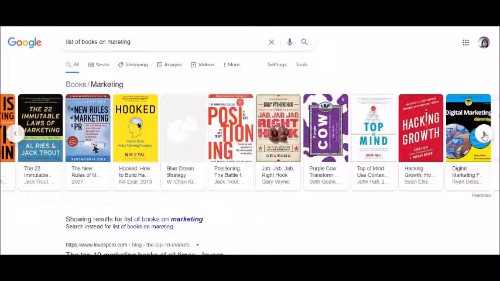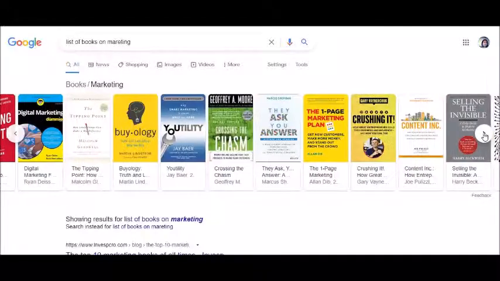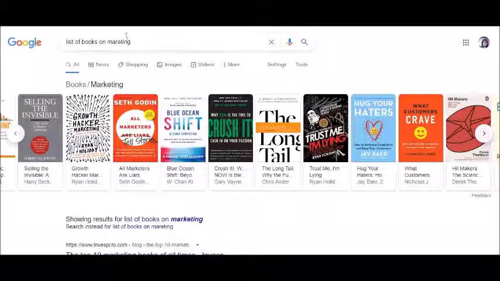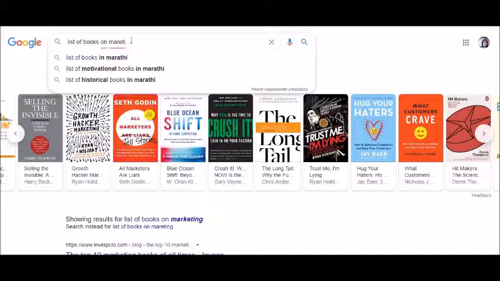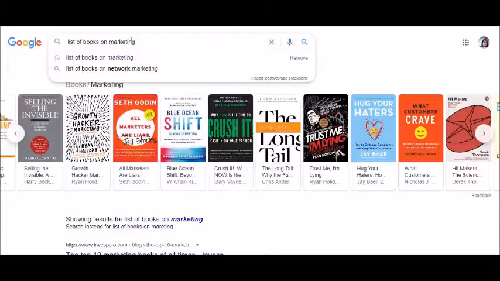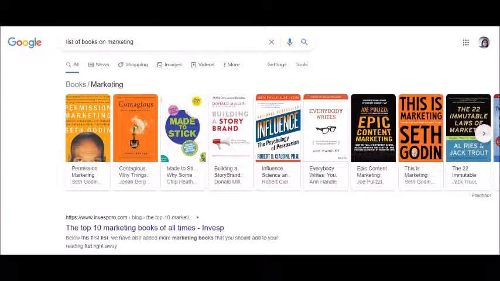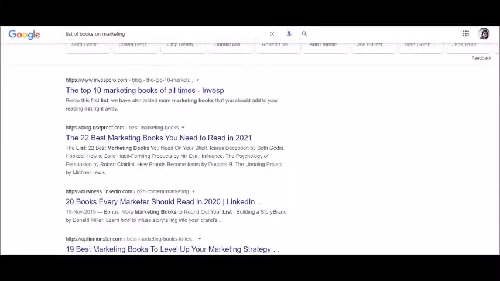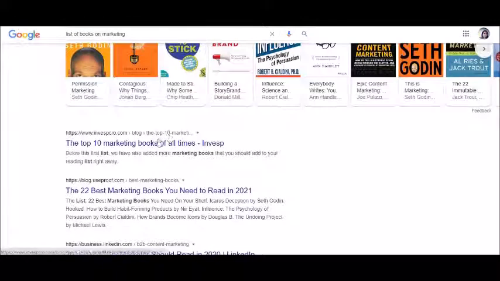Now similarly, let's say from the marketing department, we know Philip Kotler. He is the one person that I'm very much interested in. Kotler's books, you can see, started off from 1960 and from here. Now if I do a little bit of search and I find it out, okay, show me the list of books on marketing. Let's suppose I want to take it up. Now here I have got one book by Jonah Berger, Donald Miller.